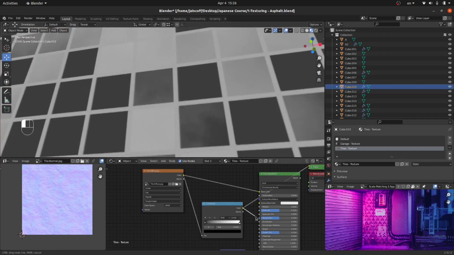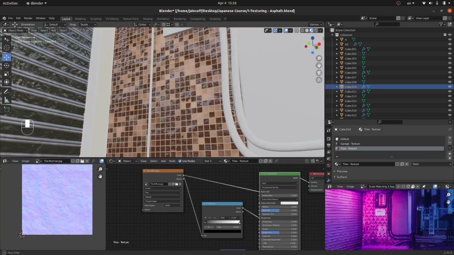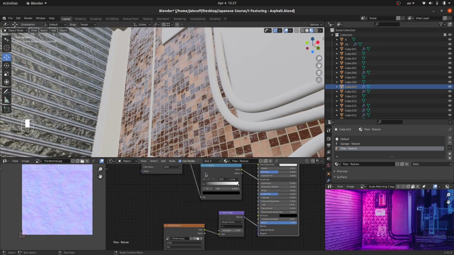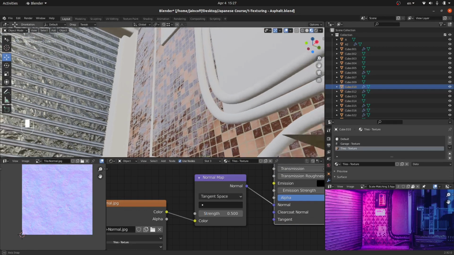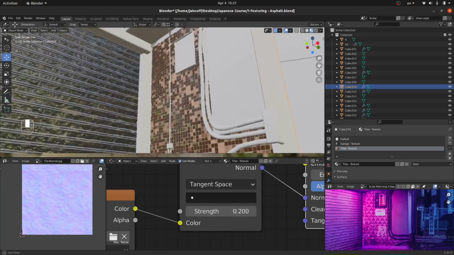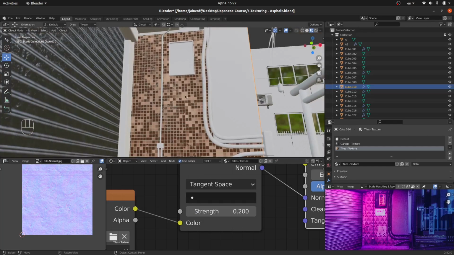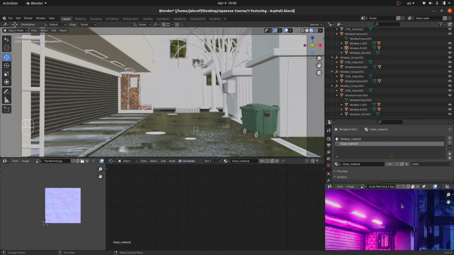I think it looks fine. So let me just proceed and connect to the roughness. Control Shift and go back to the roughness. As you can see, the material looks fine. But for the bumps, I think we need to reduce it back. So something like 0.5. Even down. 0.2. It looks fine. Yeah, I like it. Okay, so now I'd like to work on the concrete that we got on our building,